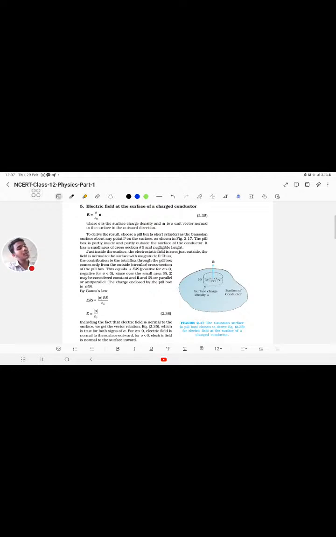It's going to be equal to the amount of charge enclosed. The amount of charge enclosed will be equal to the areal charge density multiplied by the amount of area it is enclosing, the whole divided by epsilon naught. The del S factor gets cancelled out, and the electrostatic field from Gauss's law we obtained to be equal to sigma by epsilon naught.